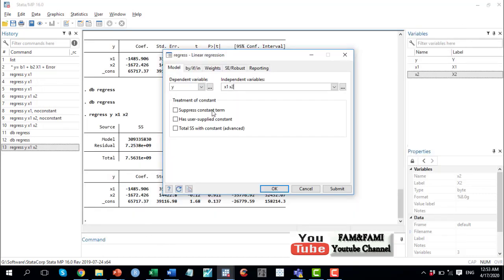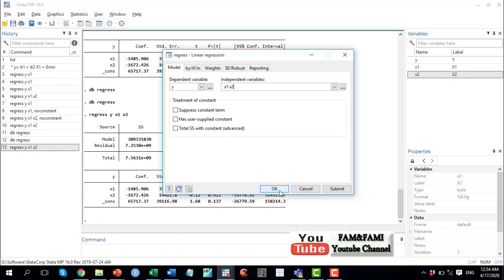Now coming to the last function of this dialog box, the submit button. Let's say you want to use this dialog box again and again. If you press this OK button, the dialog box will vanish.